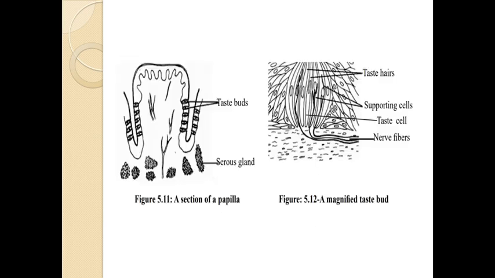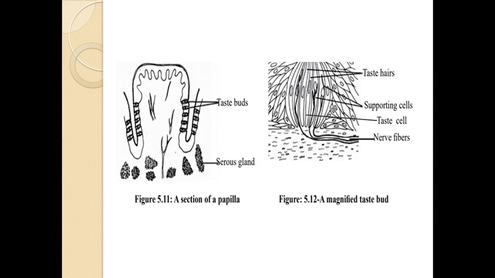Then here we can observe the structure of a papilla and the structure of a magnified taste bud. Then we know that it is saliva, which is the surrounding fluid of the sensory receptors. In the tongue, it is saliva that is the surrounding fluid of the sensory receptors. Then when food particles enter the tongue, they should be dissolved in saliva first, and then they are diffused to the receptor cells, and then the receptor cells are stimulated and they create nerve impulses about taste and sent through